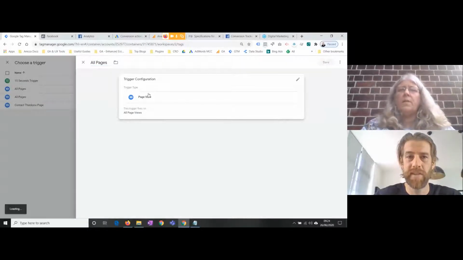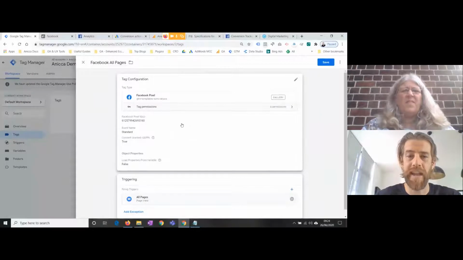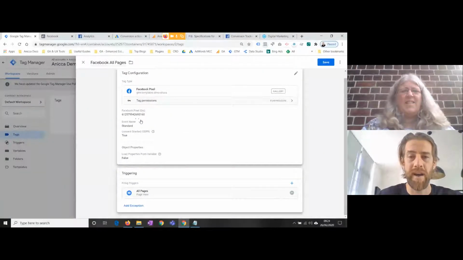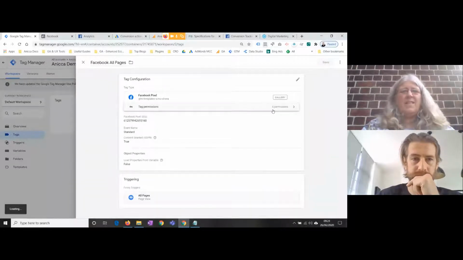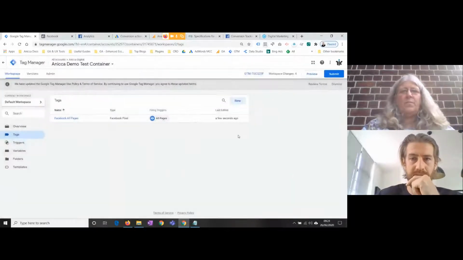Okay, so this is going to basically fire on every page view. So now I have a Facebook pixel with my ID in, and that's going to fire on every page. Okay, so let me save that. So what I want to do now, before I publish this, which I can do by hitting the submit button, I'm going to preview it. So if I hit preview,